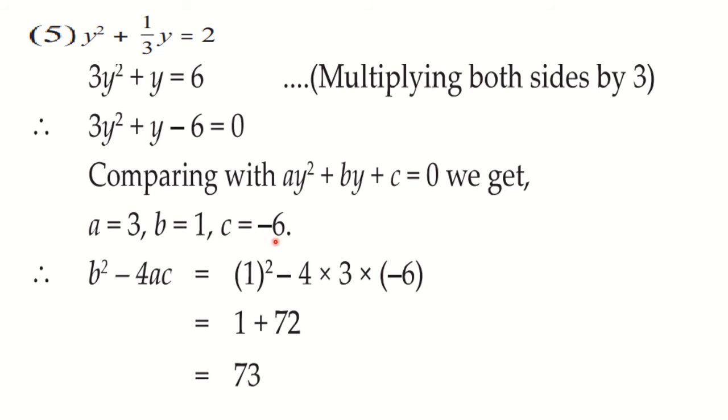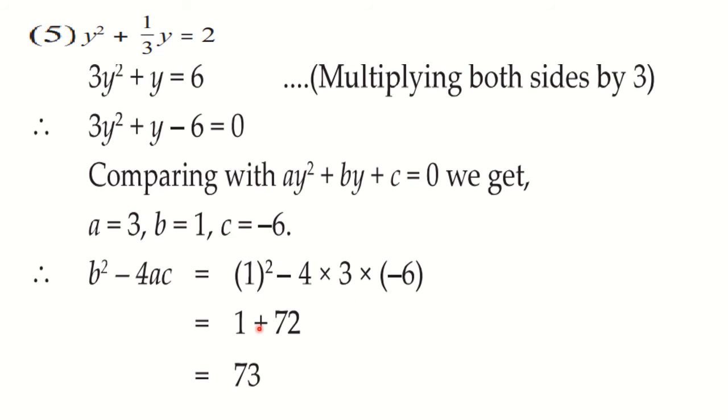Okay. Then, as I have said, we will find b square minus 4ac first. So b is 1, so 1 square minus 4 into a is 3 and c is minus 6. Whenever you are having the minus sign here, I told you to keep a practice of writing it in brackets, because two signs you cannot write side by side. It's a rule. Okay, so try to understand this and always keep a practice of this. Whenever the negative sign comes, you write it in brackets.